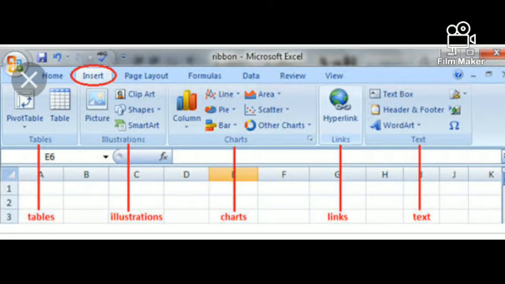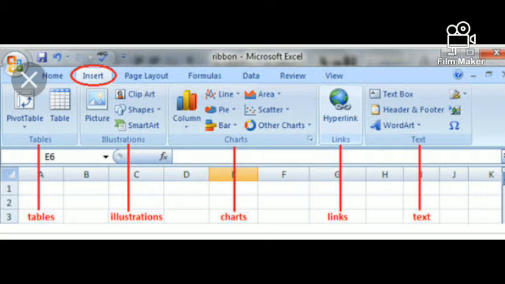Next is the Insert tab. It is also a very useful tab. It is used to insert pivot tables, pictures, charts, graphs, tables, shapes, screenshots, equations, also header and footer, filter, text, so many things.